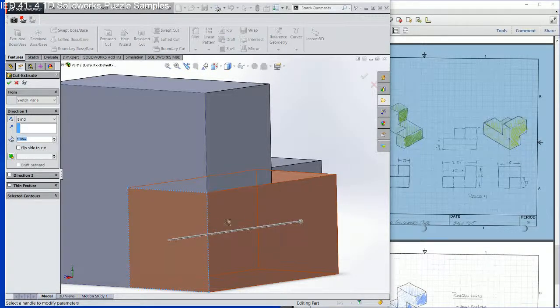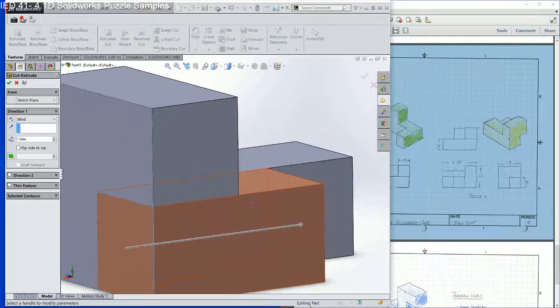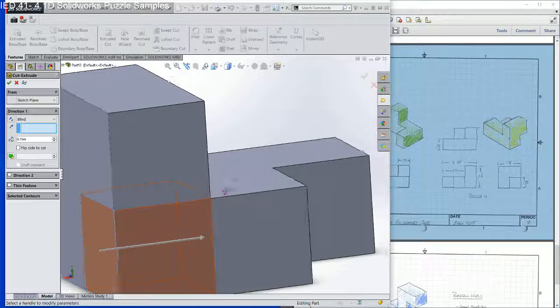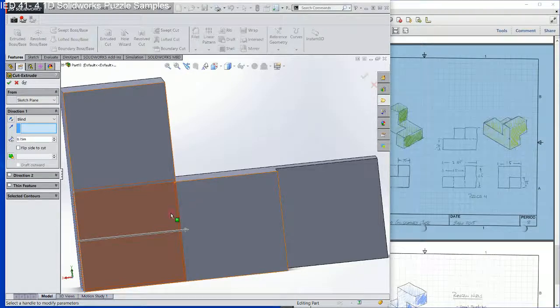You can see it wants to cut all the way through there. Well, I don't need to cut all the way through there. What I need to do is only cut 3/4 of an inch deep. So let's change that to 0.75 and see what it looks like. Now you can see I'm just going to cut this block out. What it's going to do is give me a 0 thickness boundary where the brown square and